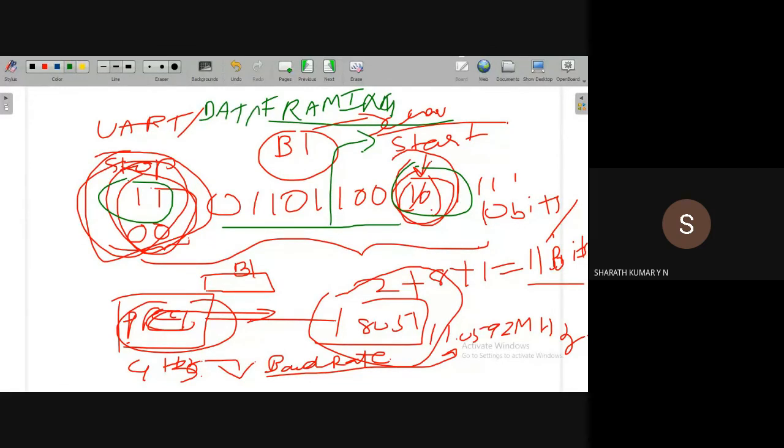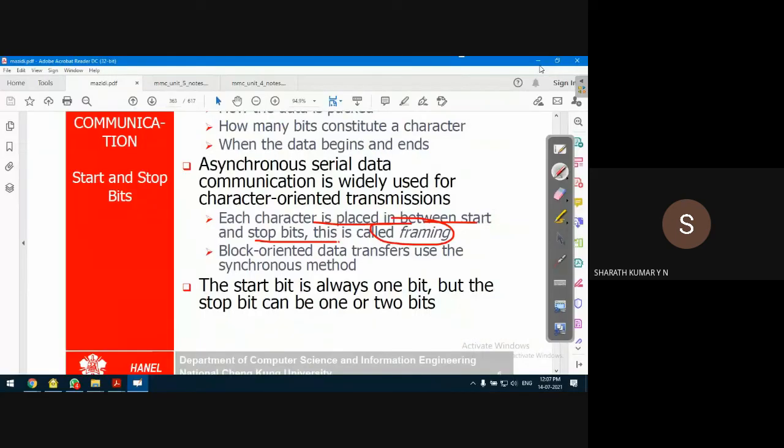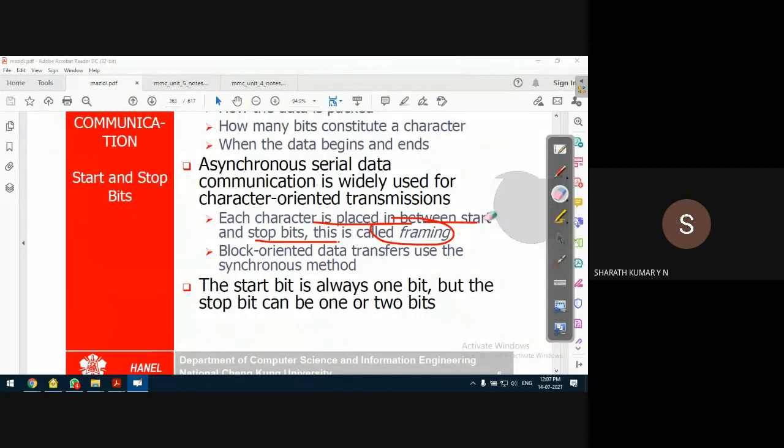Data framing. Most of our protocols, we have come across the TCP/IP protocol. You must have heard of TCP/IP protocols in your systems. TCP stands for Transmission Control Protocol, and IP stands for Internet Protocol. They do all this job. Data framing is a common operation in a communication technique.